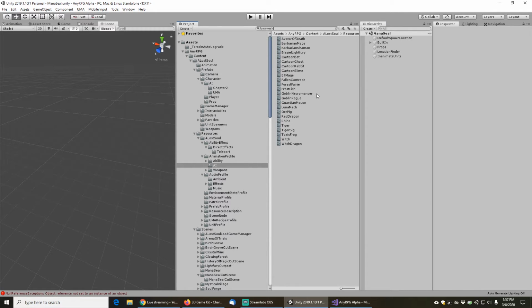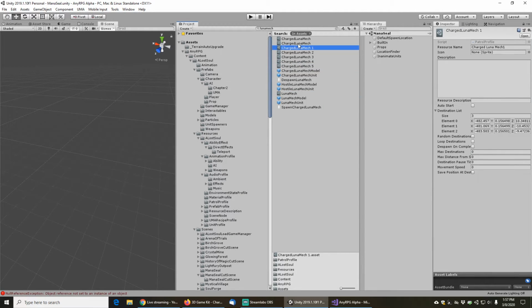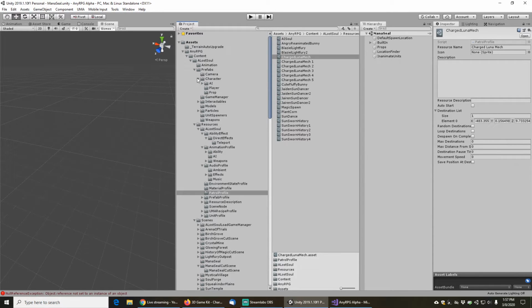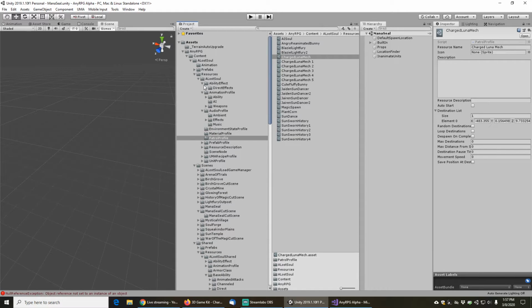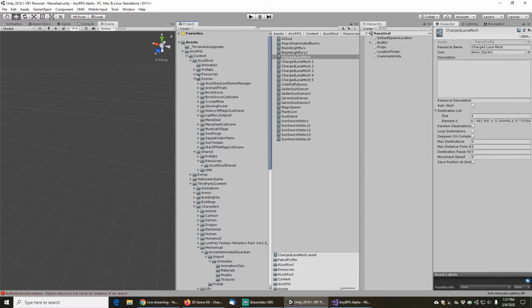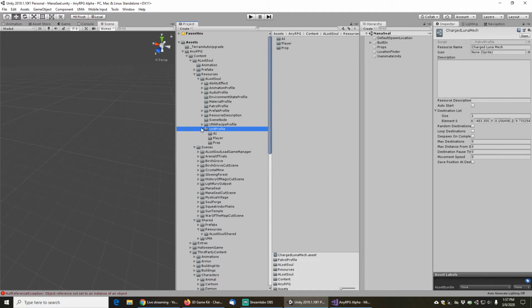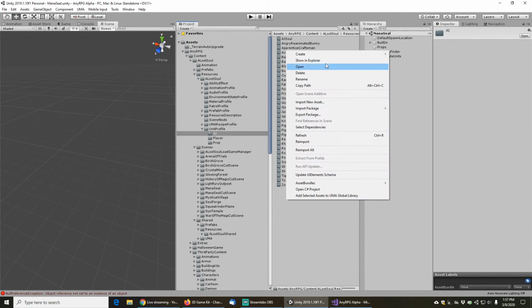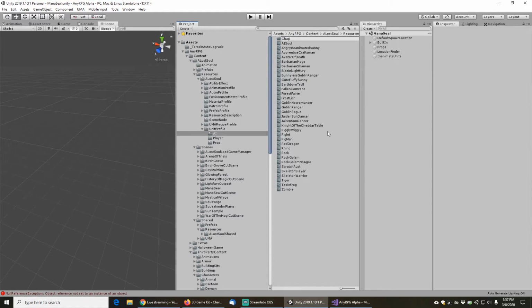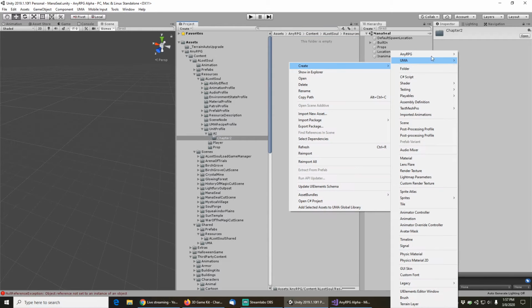So let me just check if I made a unit profile for the LunaMechs. It looks like I didn't, so I need to make a unit profile for our hostile LunaMech so I can actually spawn him and then make this dead unit pose here. To do that, we're going to go into our resources folder here, and we have unit profiles and AI. I'm going to create a new folder here, call it chapter 2, and we'll go create an AnyRPG